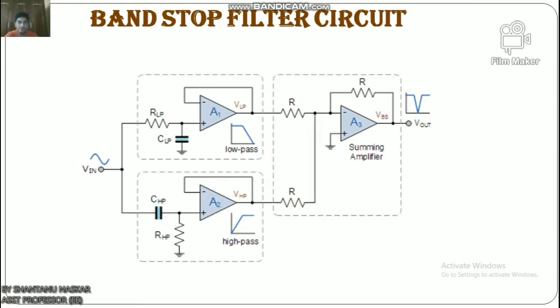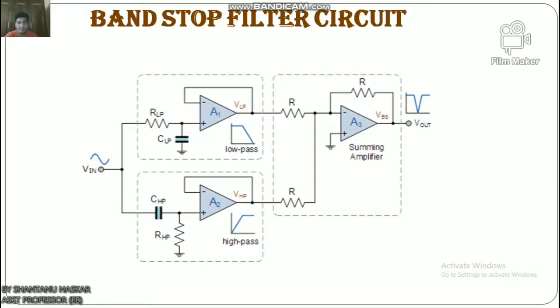The two non-inverting voltage followers can easily be converted into basic non-inverting amplifiers with a gain of Av equals 1 plus Rf by Rin, by adding an input and feedback resistor, as seen in our non-inverting op-amp tutorial. So if we require a band stop filter to have its -3 dB cutoff points at say 1 kHz and 10 kHz, and a stop band gain of -10 decibel in between, we can easily design a low pass filter and a high pass filter with these requirements and simply cascade them together to form our wide band pass filter design.